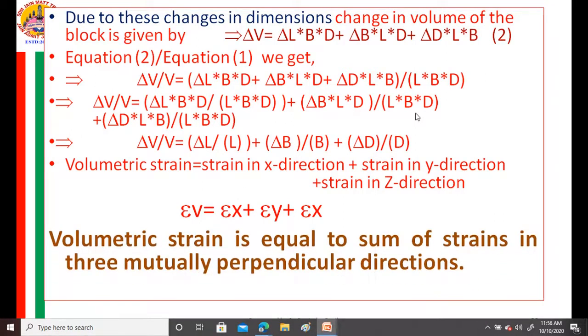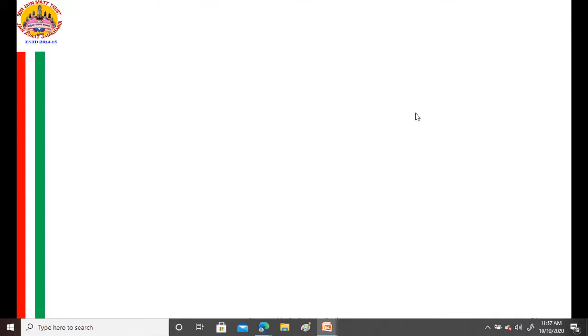Yes, in connection with the elastic constants, these derivations, and this volumetric strain equal to the sum of the strains and changes in the dimensions, a lot of numericals are asked on these things. Yes, friends,